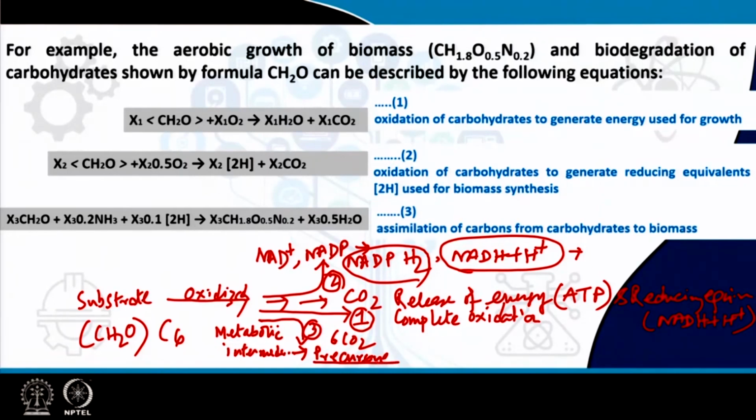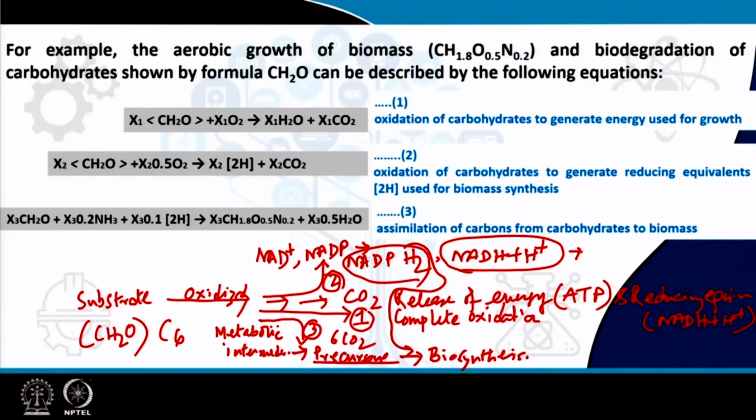So, we have 6 carbon molecules within the glucose. Out of these, it may be possible that 4 carbons were taken away in the form of metabolic intermediates, which will eventually lead to the production of precursors. And these precursors, when they are supplied with the reducing equivalent of NADPH, will allow the biosynthesis reaction. So, what we can try to understand is that the substrate oxidation might follow these three